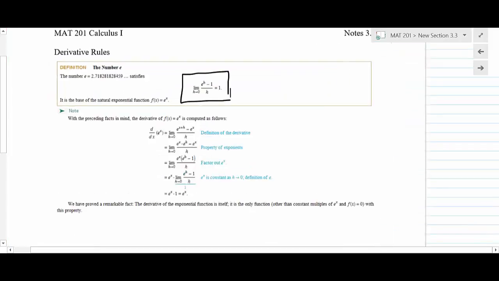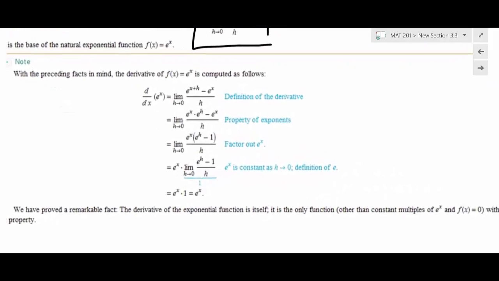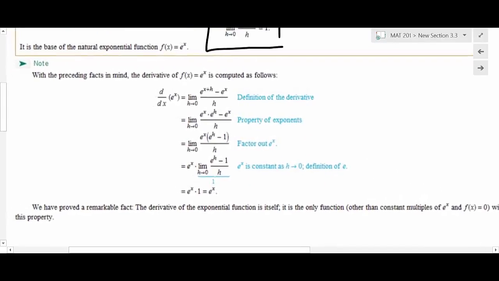So what we're going to end up having then is the number e, and that's just a lot of the decimals, so it satisfies this limit. That's not a proof, that's more of a demonstration with technology that that limit would be approaching 1. Now what I want to show you down here is I want to go through this kind of proof of